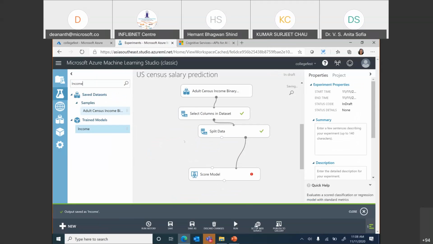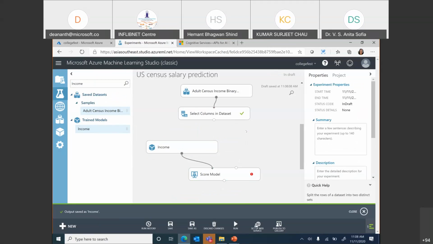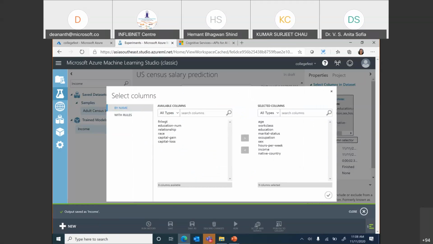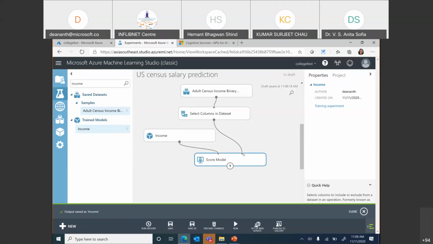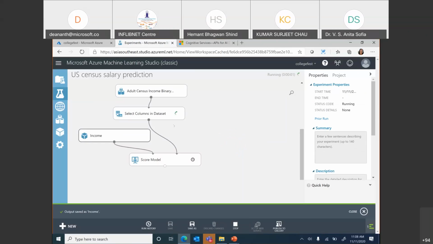This is my trained model. I'm going to take it and score it. I don't want to split the data anymore. I want to directly do it for every row of data that I come across. Now I don't expect any income to be given. I want to be able to predict the income. So I've done a bunch of changes. It is like just moving out things that I have already used, discarded them, and built the model.